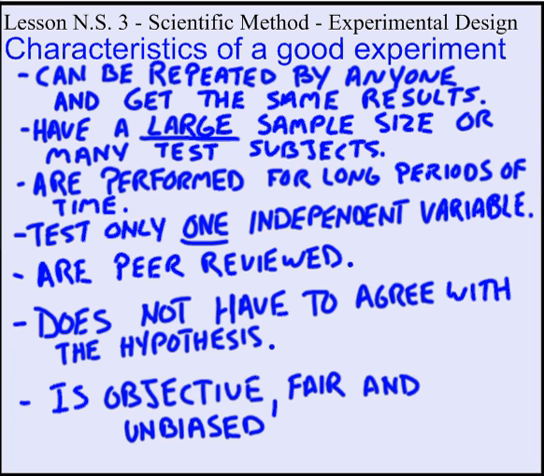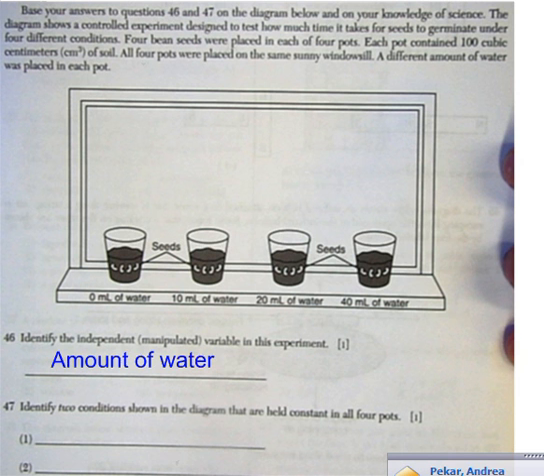A different amount of water was placed in each pot. And you can see they have it labeled right below each pot: 0 milliliters of water, 10 milliliters, 20 milliliters, and 40 milliliters of water. Question 46 asks to identify the independent or manipulated variable in this experiment. What would you put as your answer? Okay, if you said it's the amount of water that each gets, you're right. That's the one thing that we are changing or manipulating in this experiment, the amount of water that each group